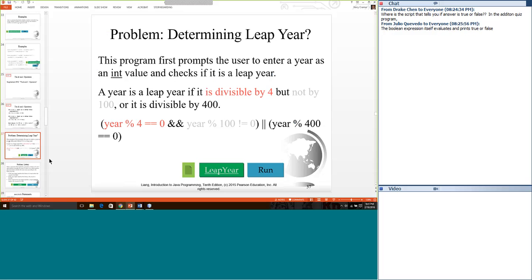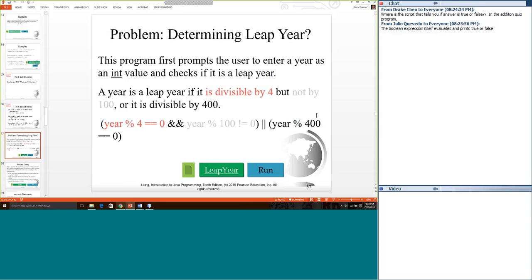This program first prompts the user to enter a year as an int value and checks if it is a leap year. And it uses this very simple algorithm. A year is a leap year if it is divisible by 4 but not by 100, or it is divisible by 400. Now how do you translate that over into code? Well, you need Boolean operators.